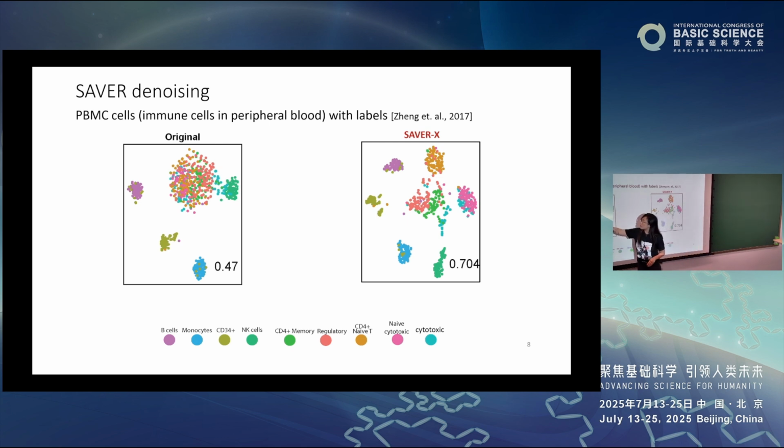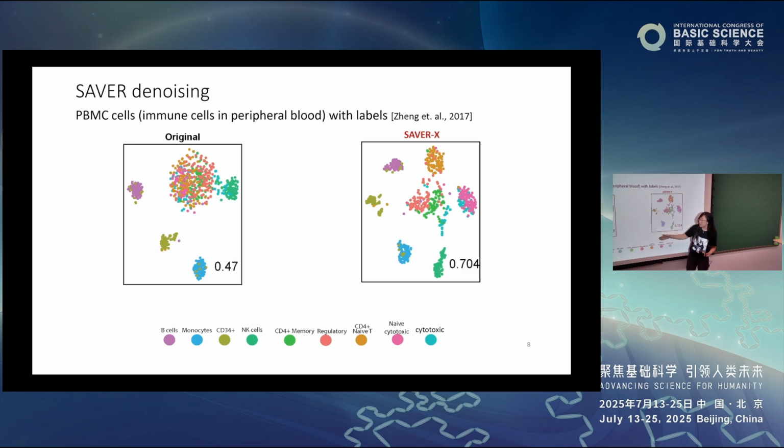And so the original data would look like this. They are colored by their known cell type. This is a data set where expert biologists went in and annotated the cells to tell us what they are. What you see here are B cells, monocytes, NK (natural killer) cells, and T cells. If you have studied some biology, you know that these are the cells of your blood. So they're blood cells, different kinds of white blood cells.